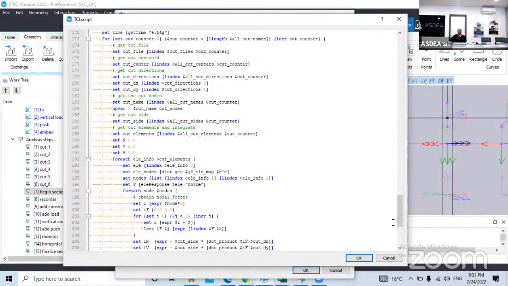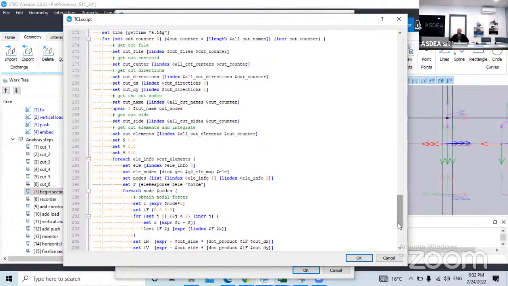I get the element forces by calling the eleResponse OpenSees function. This one means I want the response of the element with the ele tag, and as output, I want the force. This one basically gives the forces at the ends of the element. When I do this, I simply project these forces into the direction of my local axis because I need to transform them. So, for example, this one is a two-dimensional vector, iF, which is the fx and fy at a node. They are located in the global direction. So I need to project them in the local direction of my section cut. And you simply do this by performing this set of